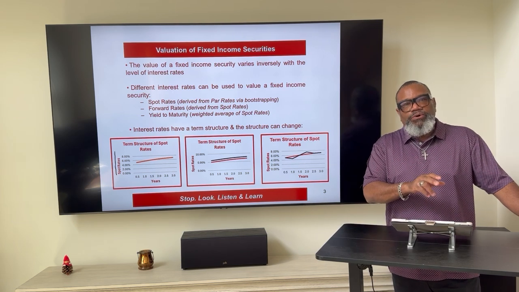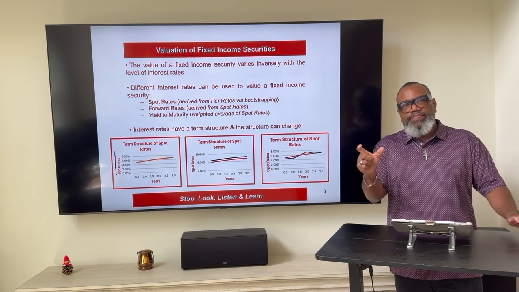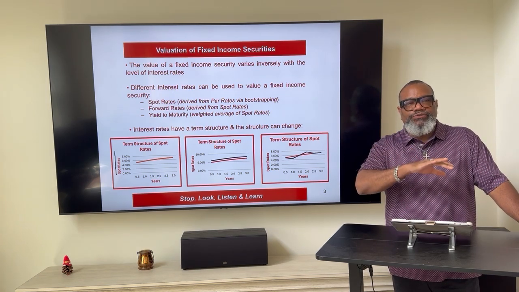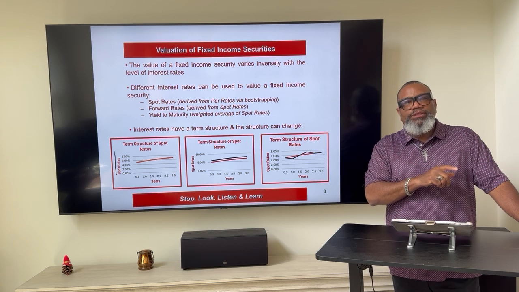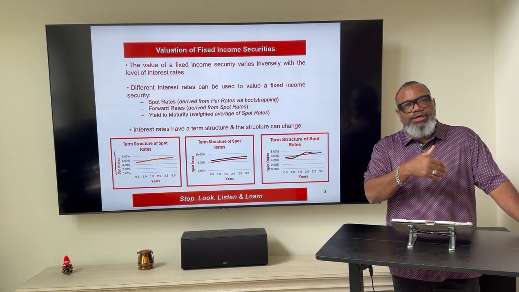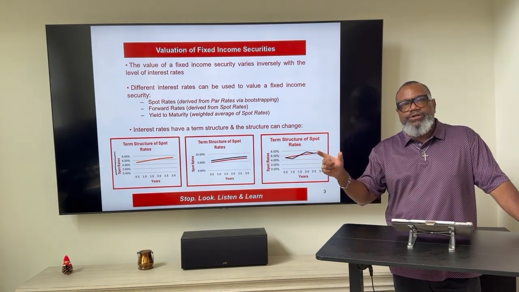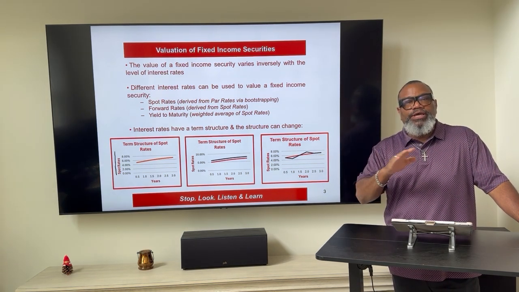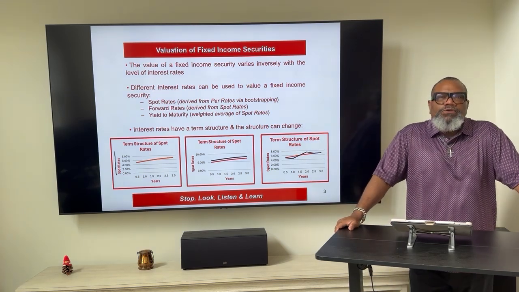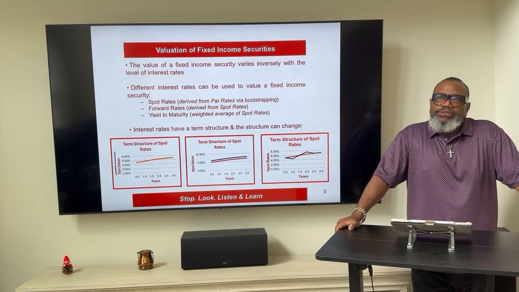And so what you see is that there's this relationship between the term of the fixed income security and the interest rate. And normally the interest rate curve is upwardly sloping, meaning that the greater the term of the fixed income security, the higher is the interest rate, right? Now, when you're looking at changes in interest rates, the interest rates can change in a